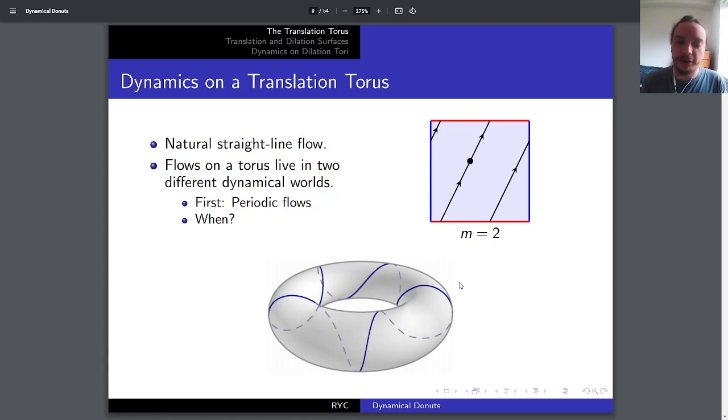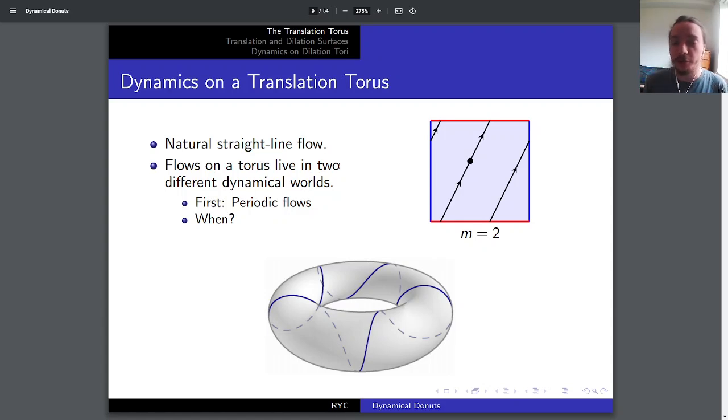Okay? And lots of interesting stuff can already happen with this. For example, if you make your slope shallow enough, then you can even do things like embed a trefoil knot into the torus, which is really, really cool. But we are interested in when this happens, right? So we want to know what happens when we start moving in a direction. So for what directions is it the case that we're going to